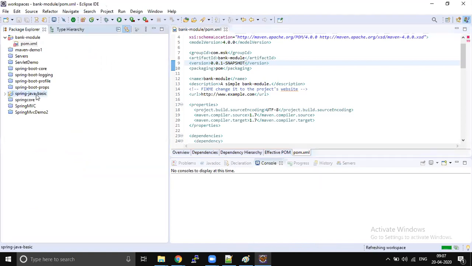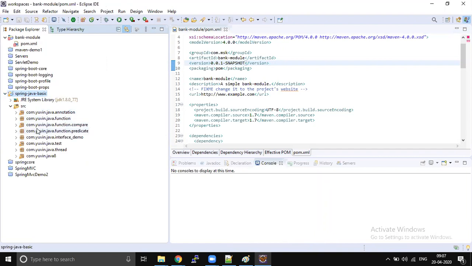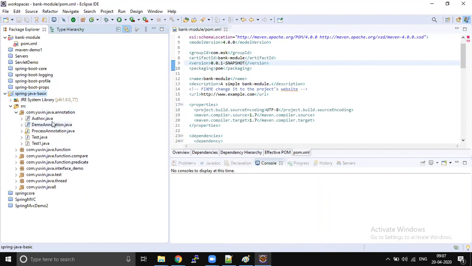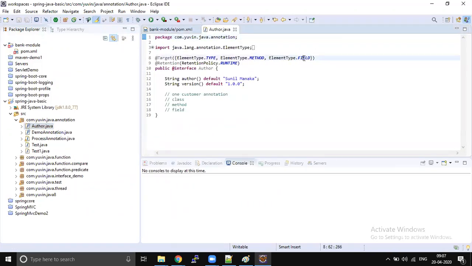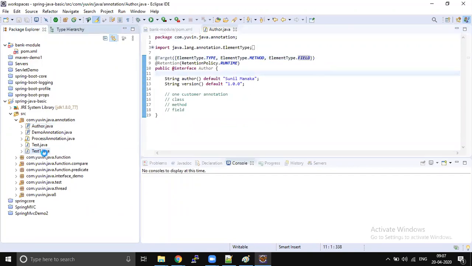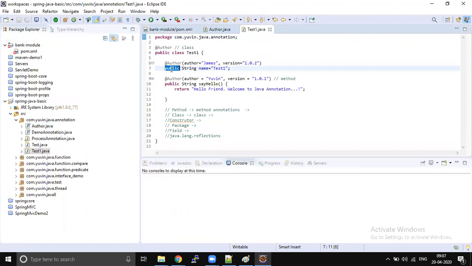And before we stop the session, in the last session, whenever we were discussing annotations, we saw the annotation element type field, and this can be added on any field. That time I tried to make this private, but we couldn't run this program.